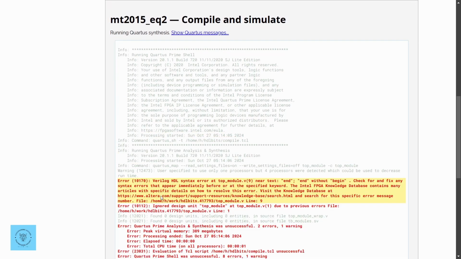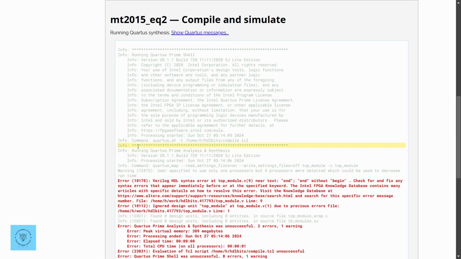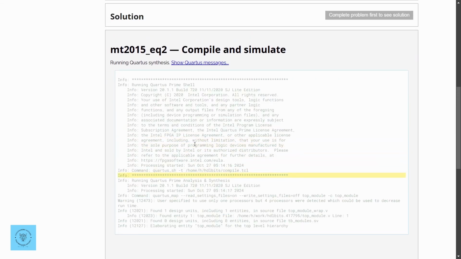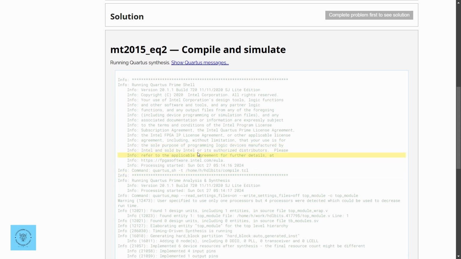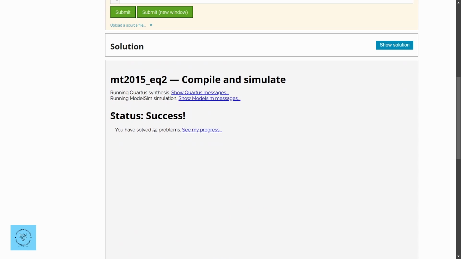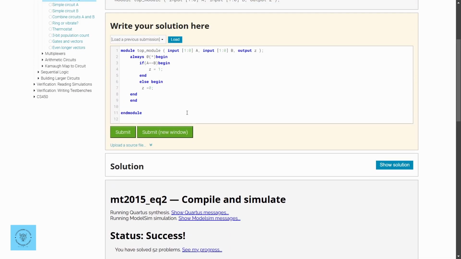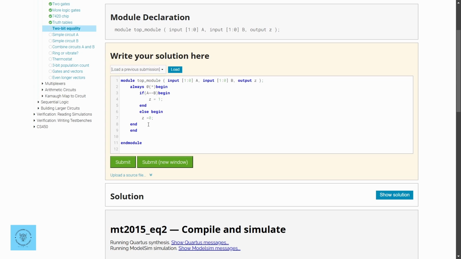As you can see, compile, oh, else. Okay, here I have forgotten to write the begin. So let's submit the code. Compilation process has started. As you can see, the status is success. So this is our traditional way of writing the code, but this whole thing can be written in just